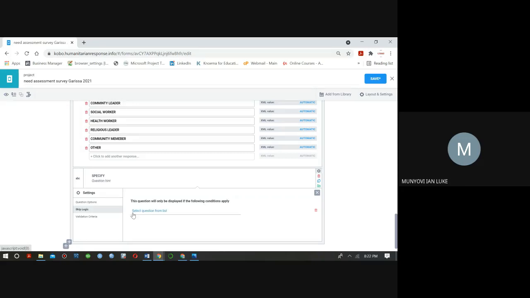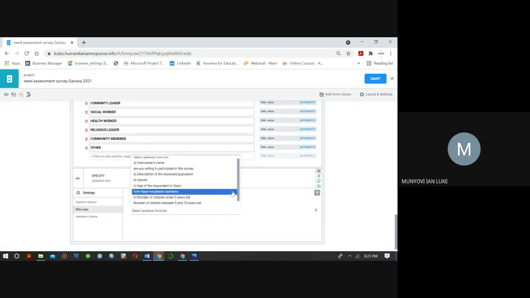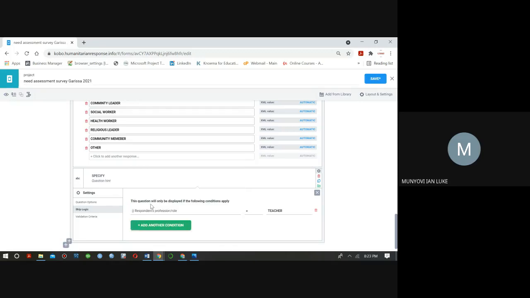Go to the option of adding a condition. And then you'll see here, you're told, select a question from the list. So there's a list of questions. Once you click on it, where do we have the condition? In the question respondent profession, if in that question somebody selected what? Other.